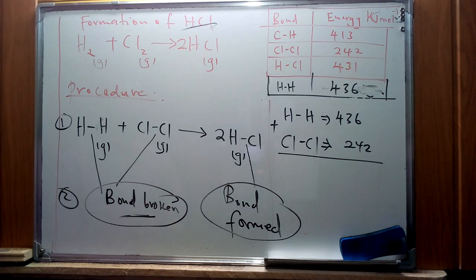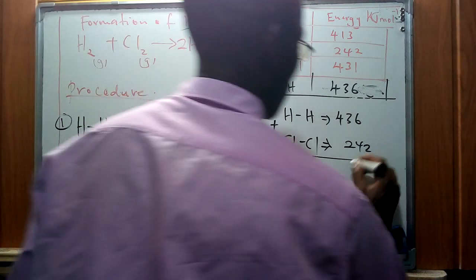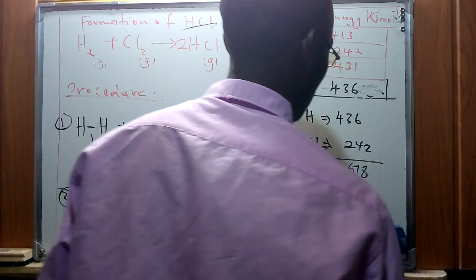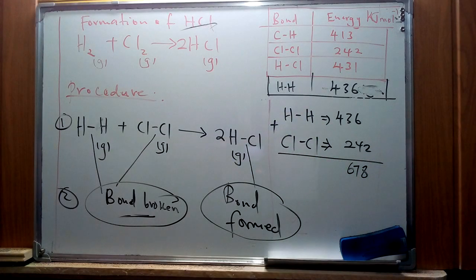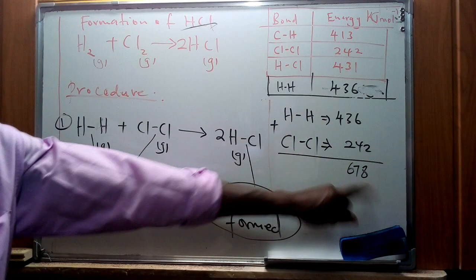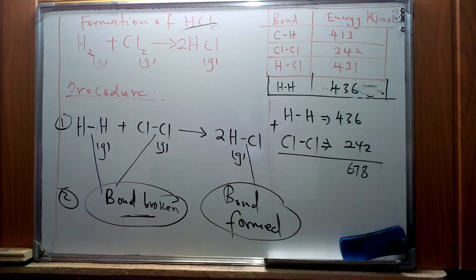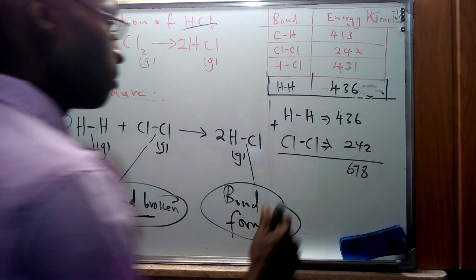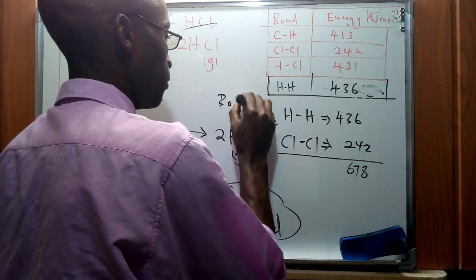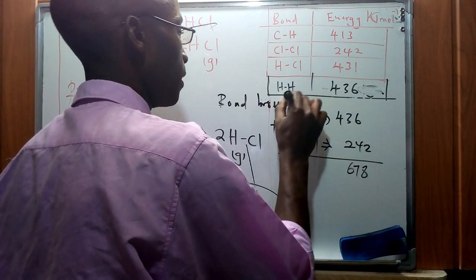So therefore the total for that one is going to give us 678 kilojoules per mole. That is 678 kilojoules for those 2 species of the reactants which are being broken. Now for the products that are formed, this is the total energy for bonds broken, and I'm going to